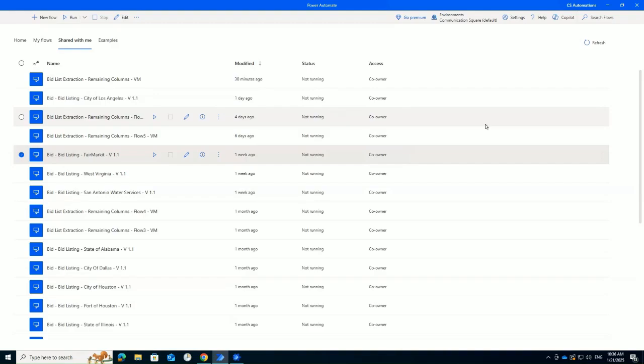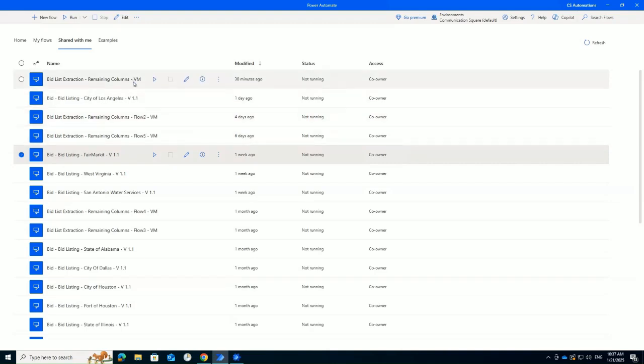This is where we capture all relevant bids in one place, so our team can reference them quickly and easily. We use Power Automate for this. As you can see here, we've set up a flow that runs automatically every day at a scheduled time. It logs into various portals, searches for bids based on specific keywords, and then compiles those bids into an Excel